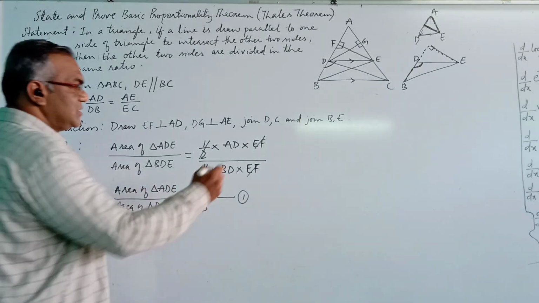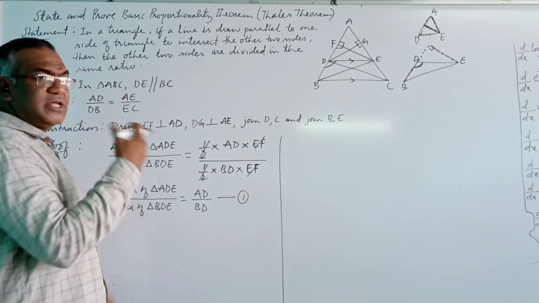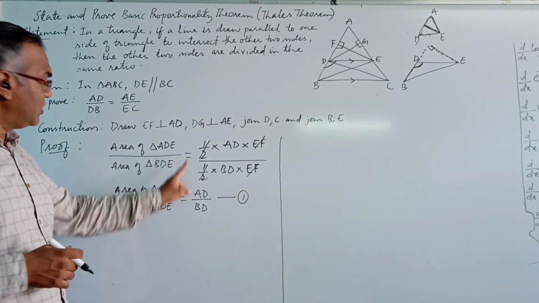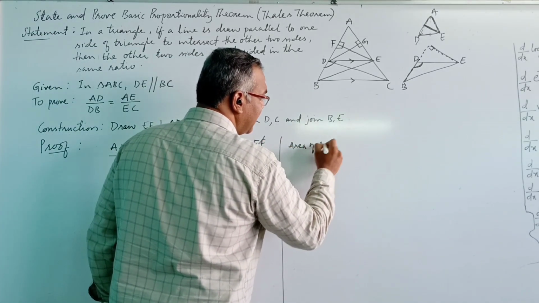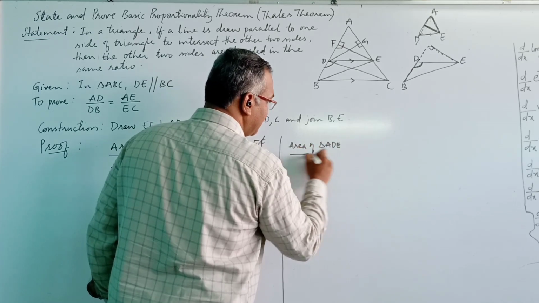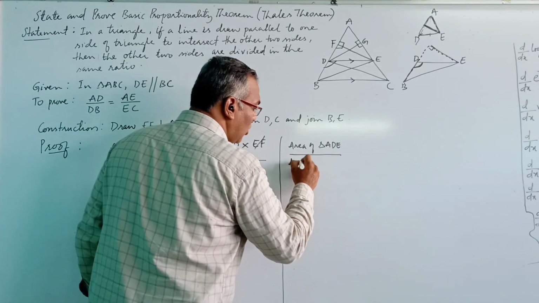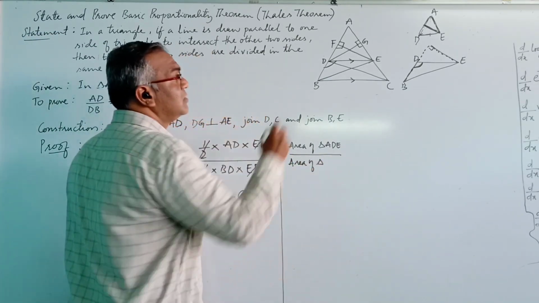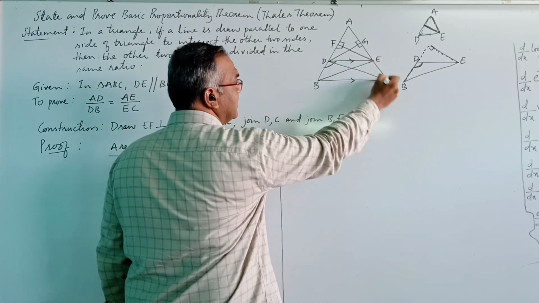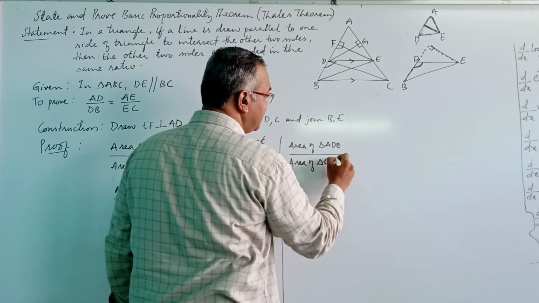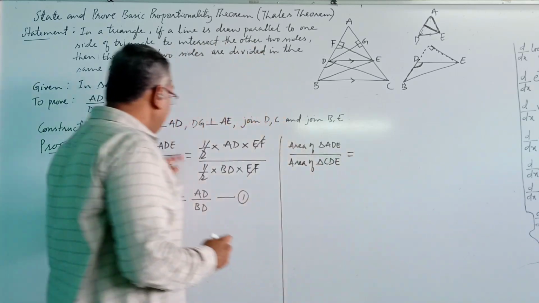Now let's write right here. Continuation is here. Now consider another expression. Consider this and we got this one. Now consider another one. Area of triangle ADE divided by the area of triangle ADE. This time consider area of triangle CDE. Take this one. CDE. This is area of triangle AD.